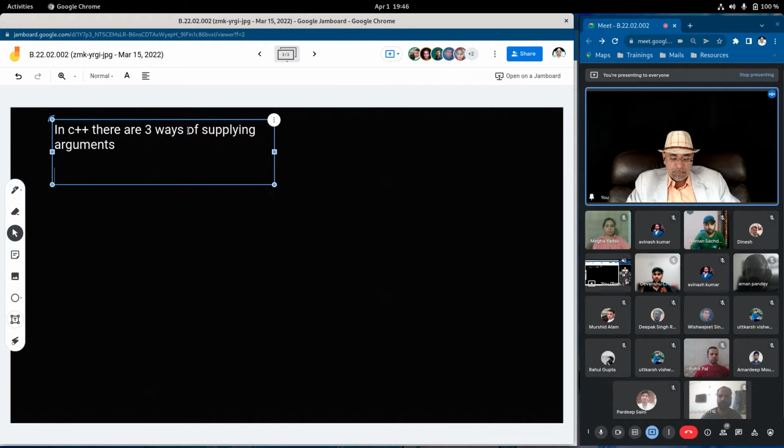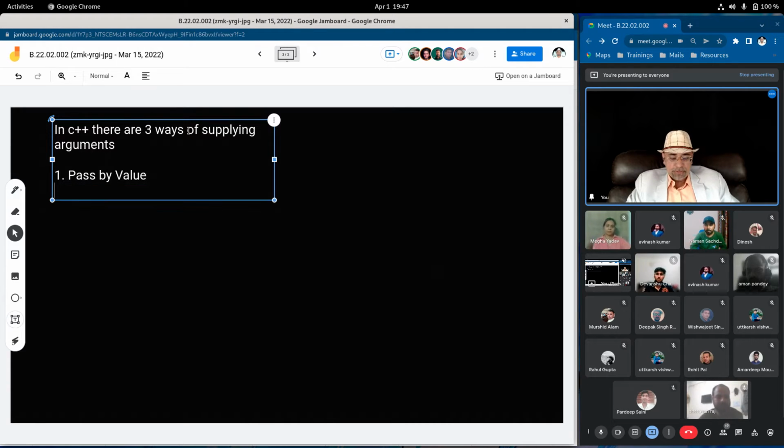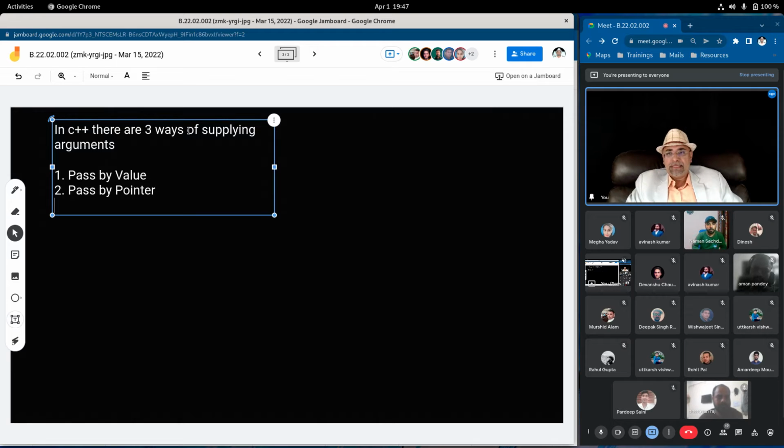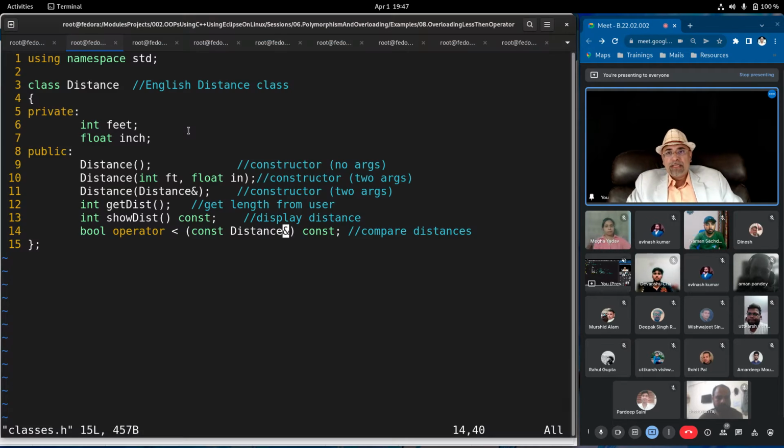Number one, pass by value, which you have already seen in C also. Second way is pass by pointer, where you pass the address of the entity, and third is accept by reference. Accept by reference means accept by address. Here, when we invoke the operator overloading function,